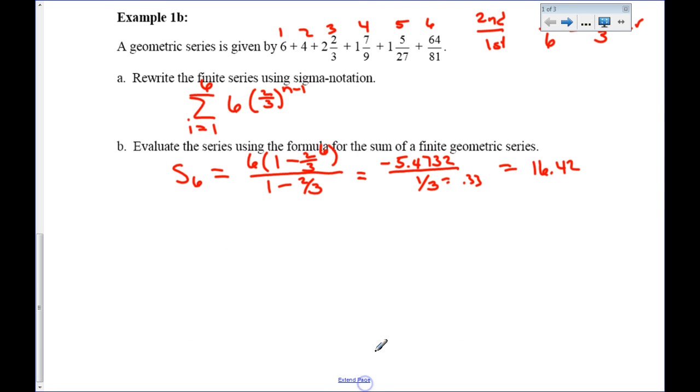Okay, ladies and gentlemen, let's just do this real quickly, okay? So, 2/3 to the 6th power is what? It's 0.0877. 1 minus 0.0877. That gives you a negative because it's less than 1? It's not negative. That's not negative. 1 minus